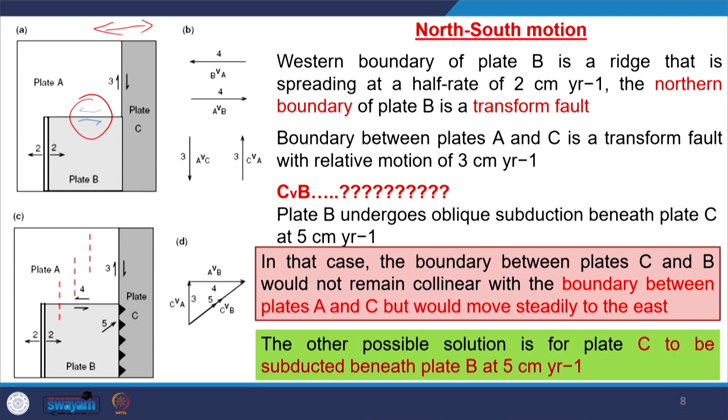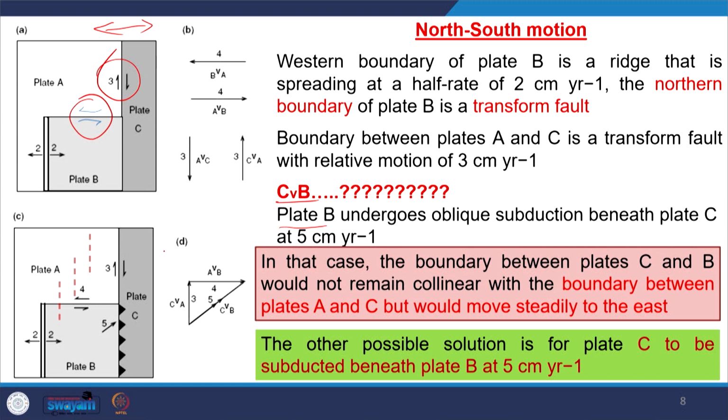And the boundary between A and C is a transform fault with a relative velocity equal to 3 centimeter per year. So, here the relative velocity is 3 centimeter per year. Now, what is the relative velocity of B with respect to C? So, here the plate B is undergoing oblique subduction beneath plate C at 5 centimeter per year, because if